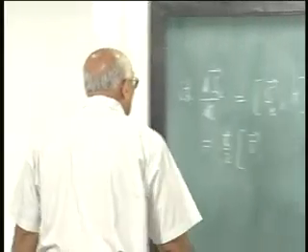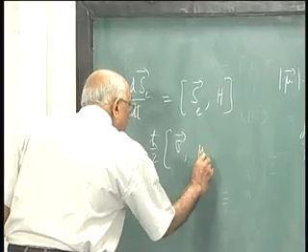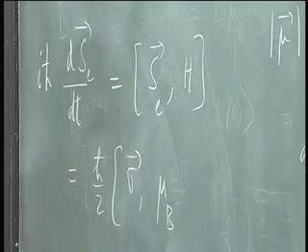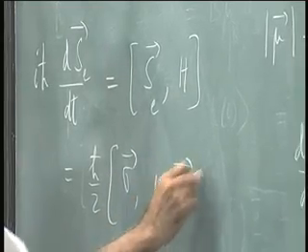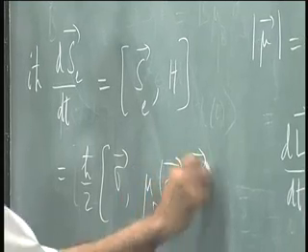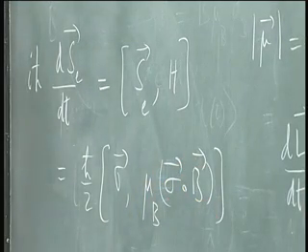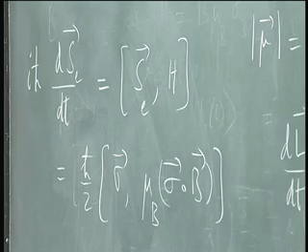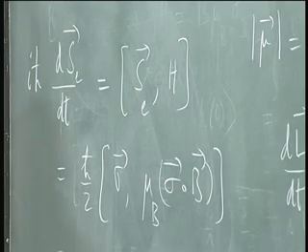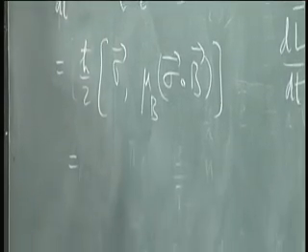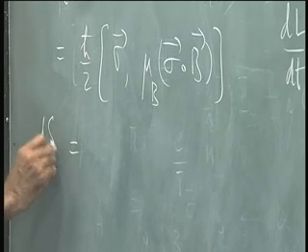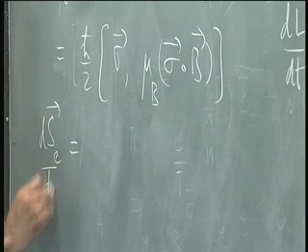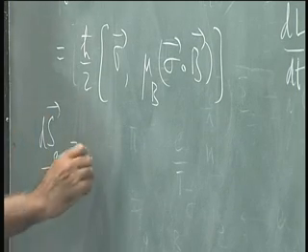There is a Bohr magneton multiplied by sigma dot B. Right? This is what we discovered. So this says